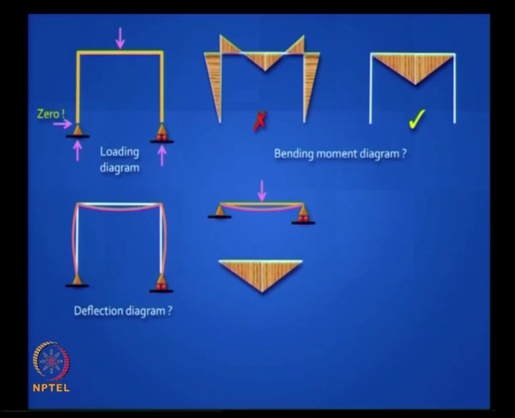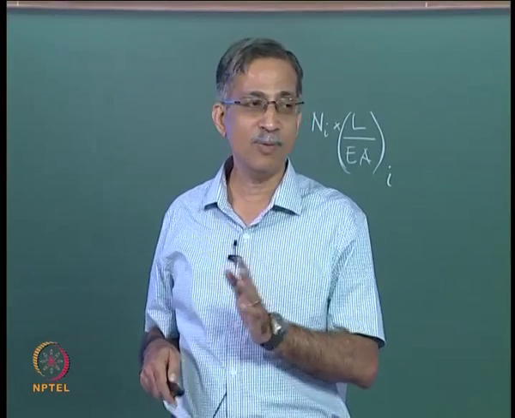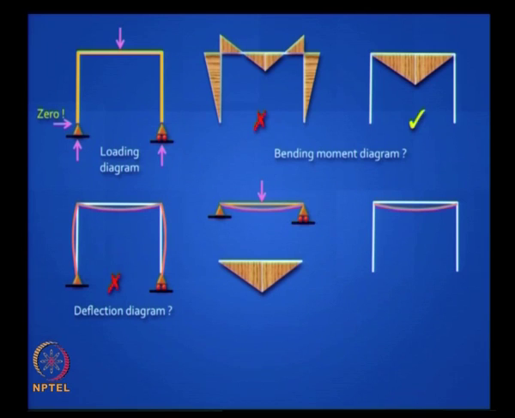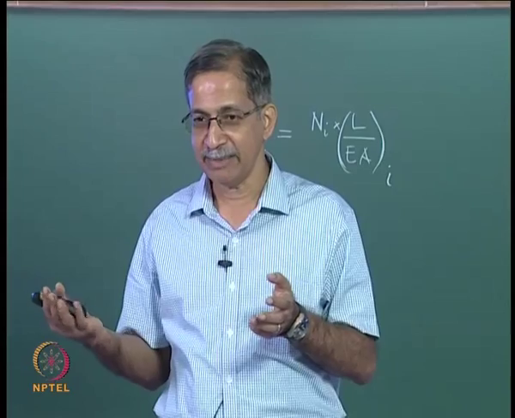You will find that many people draw the diagram like this, which is not correct. Why is it not correct? Right, because the vertical elements are seen to be bending here, but there is no bending moment. So what should you do? Well, you first reproduce this simply supported beam drawing there. Why should you reproduce it? Because the curvatures are the same, the bending moment diagram is the same.